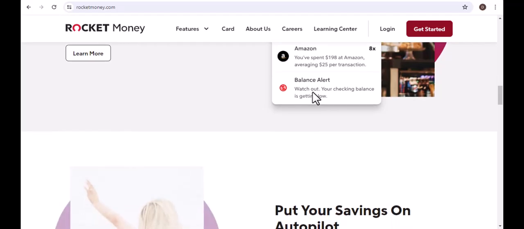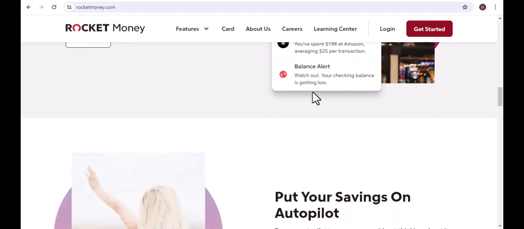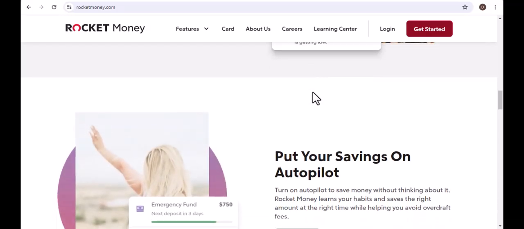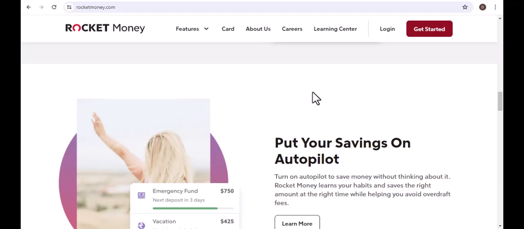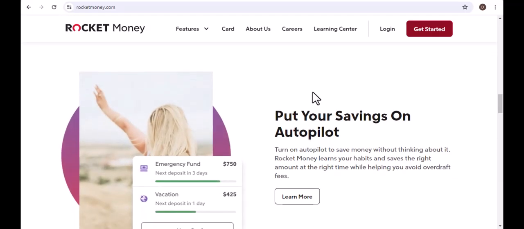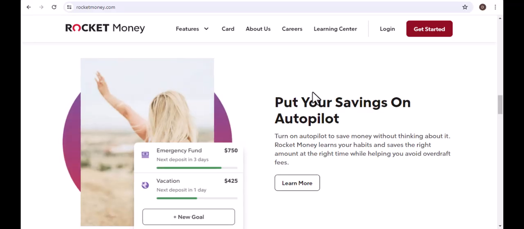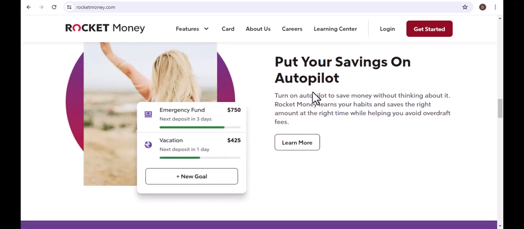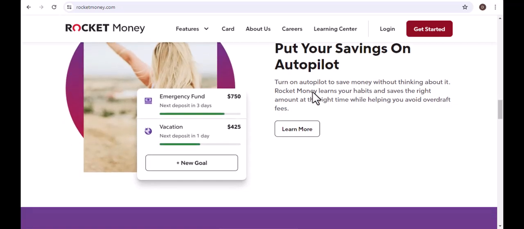You can repeat this process for all of your other financial accounts, whether it's a high-yield savings account, a credit card from a different bank, or even an investment account. The more accounts you link, the more powerful Rocket Money becomes, giving you a comprehensive overview of your net worth, spending habits, and subscriptions. It's the first and most important step to taking control of your financial